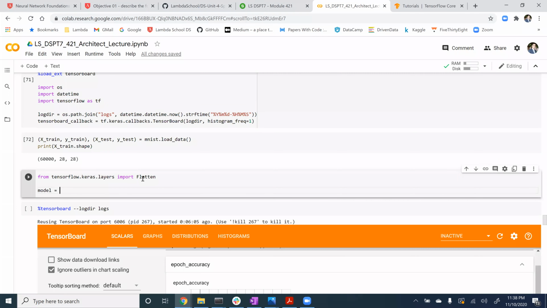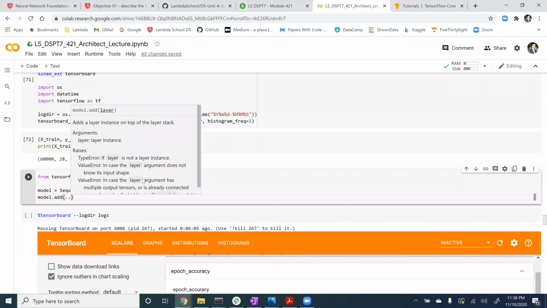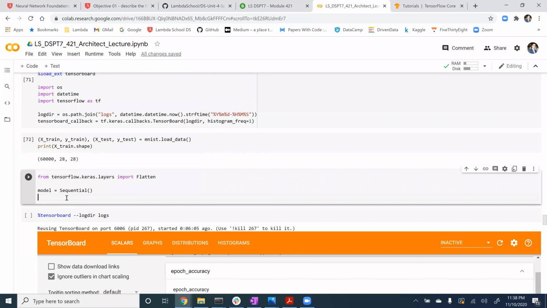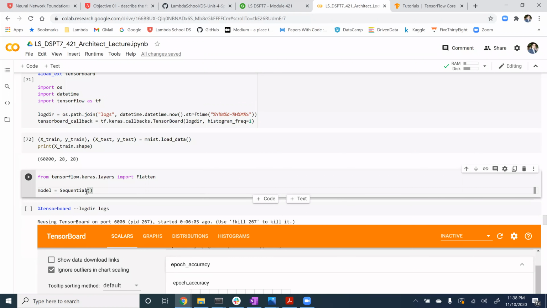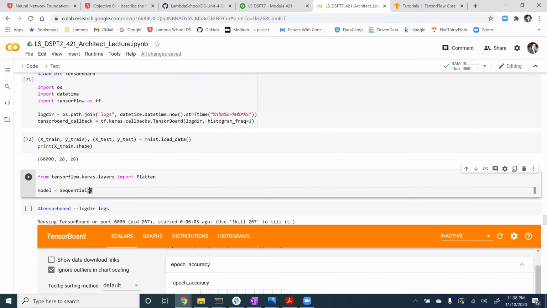So if I do model equals Sequential, you can do model.add whatever layer you want, and do it sequentially like we did before. Or some people prefer to keep it clean and have it all in the same constructor. So what you can do is put a list in here,